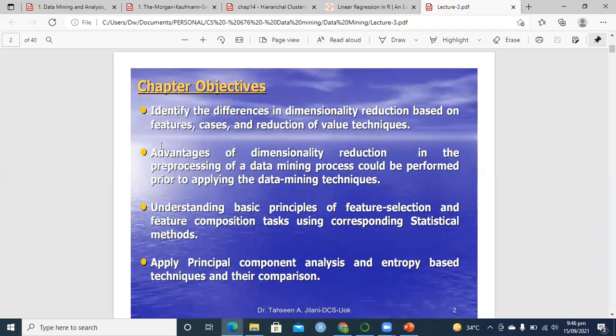The advantage of dimension reduction is that it is a part of pre-processing of your data. If you have a large number of variables and you want to do clustering or data visualization, or a linear regression model, it will be very cumbersome, time-consuming and computationally expensive. So you try to find a solution, that is, you can reduce the data. This is called high dimensional data. You can reduce the high dimensional data into low dimensional data.